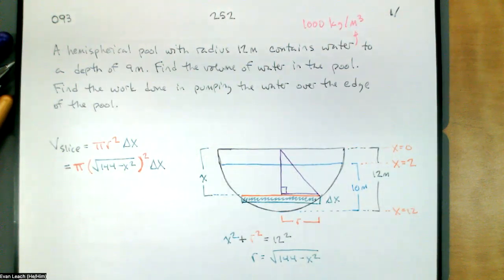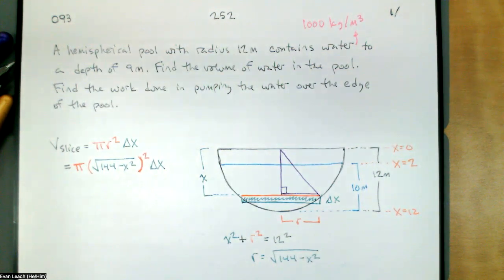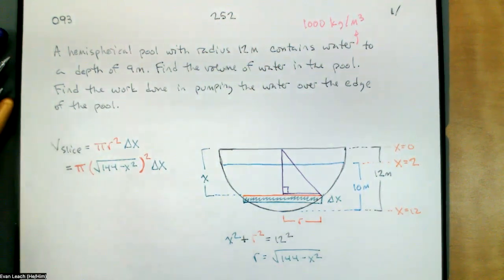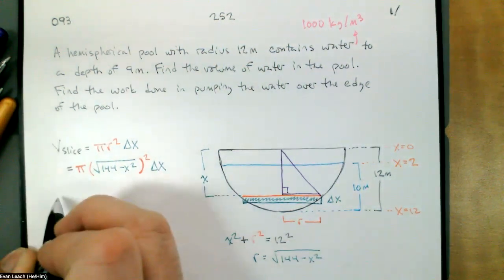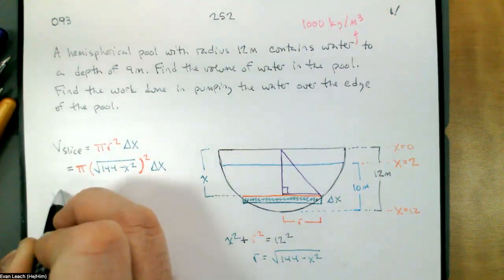So I want to integrate where there's water. So that's why we're integrating from 2 to 12. That's the 10 meters of deep water that we integrate from 2 to 12. This is all because we decided to put x where we put it. So the volume of the slice, or the volume total,